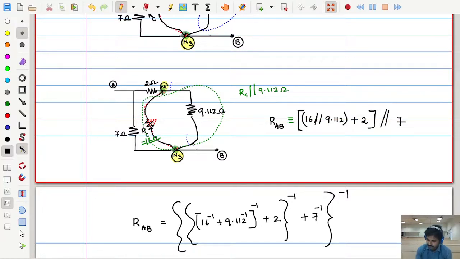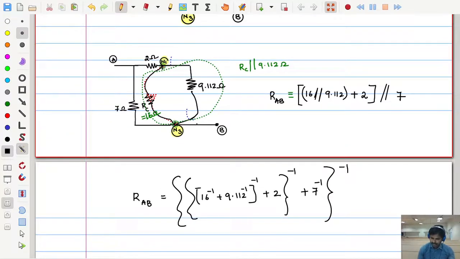Okay, so you try to complete this expression and tell me how much is the answer. I hope this can be completed. Okay, I am leaving this task to you. How much is the final answer that can be done?